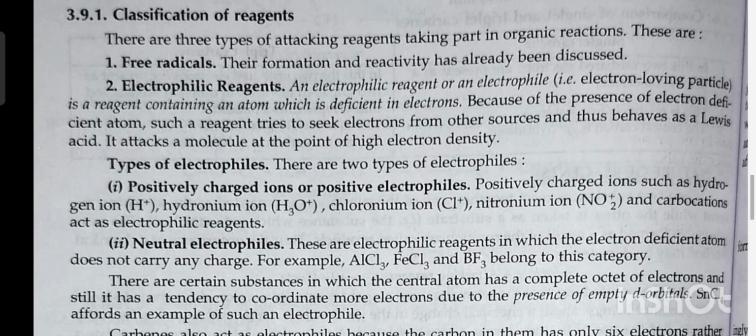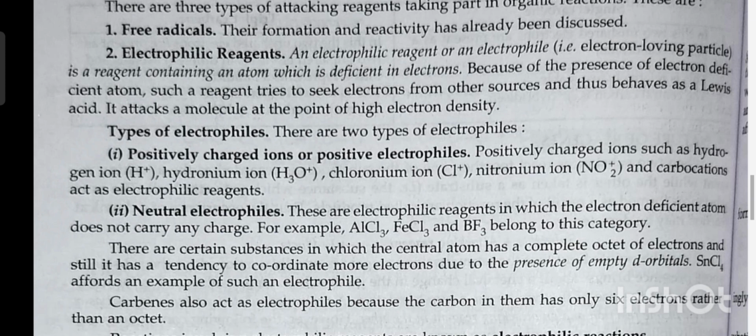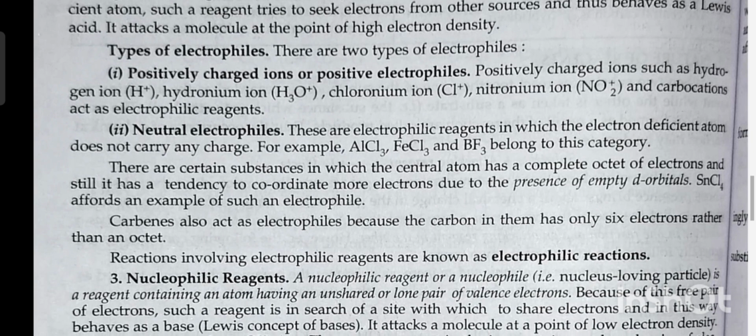Types of electrophiles. There are two types of electrophiles: positively charged ions or positive electrophiles. Positively charged ions such as hydronium ion H3O positive, hydrogen ion H positive, chloronium ion Cl positive, nitronium ion NO2 positive, and carbocation act as electrophilic reagents. Second, neutral